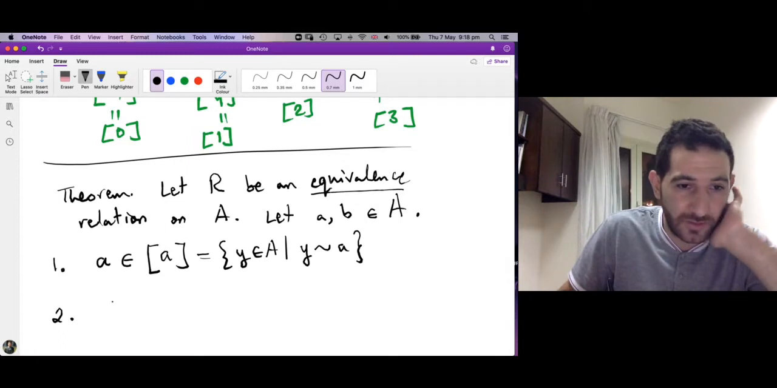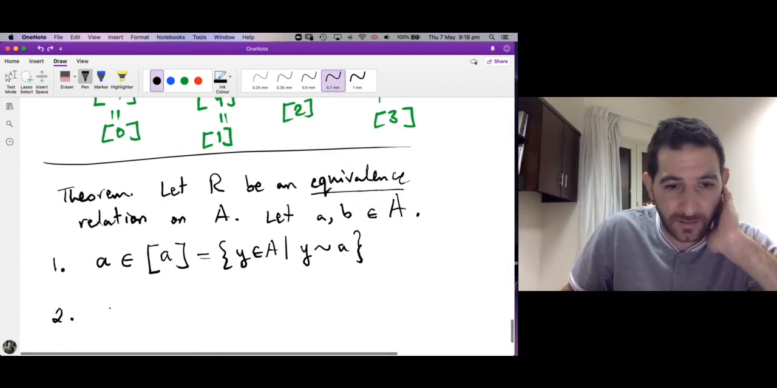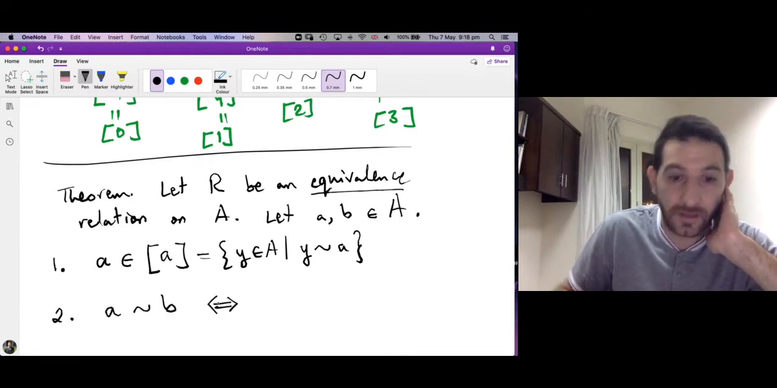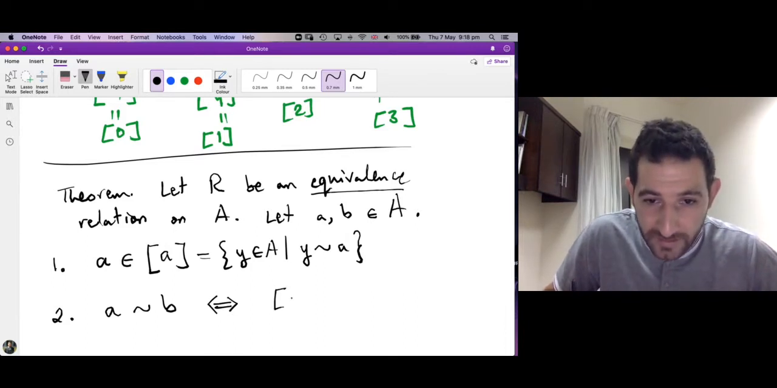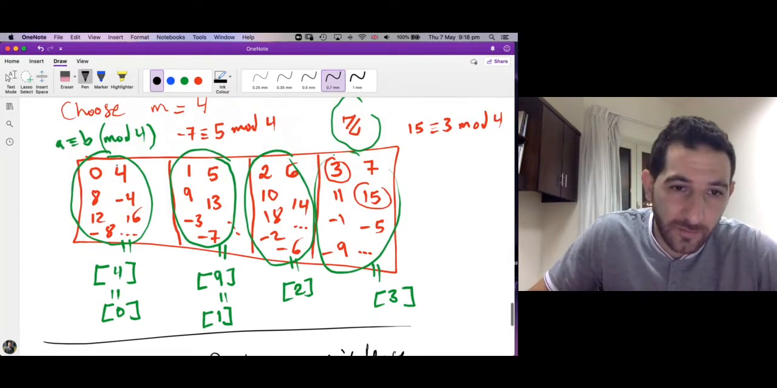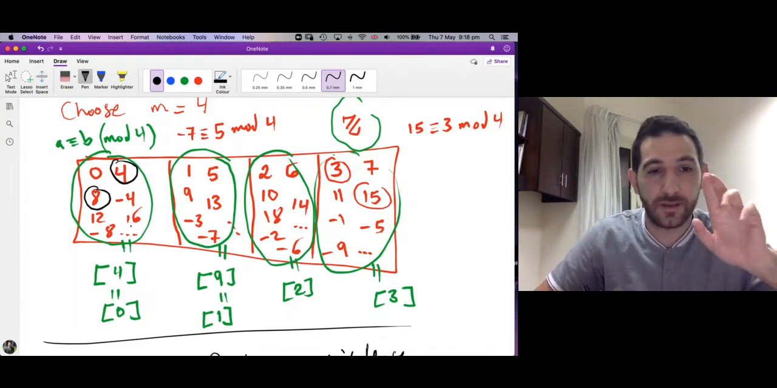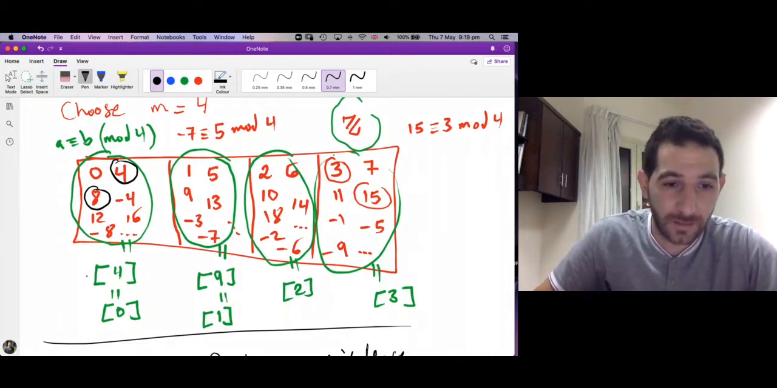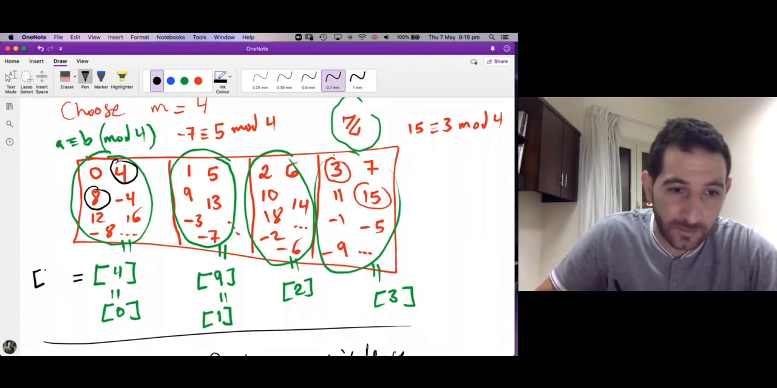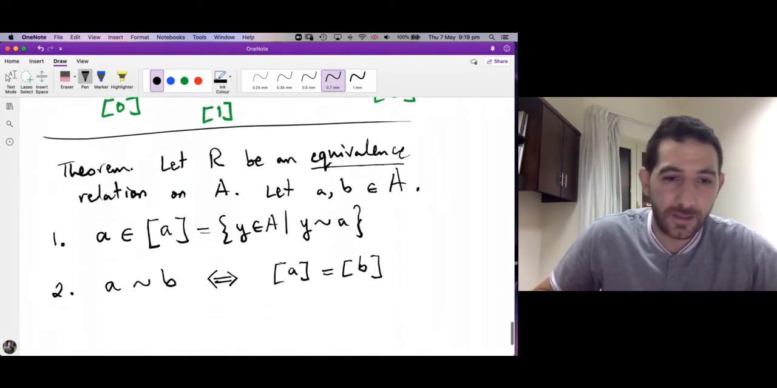Second, you need to see that a is equivalent to b if and only if the equivalence class of a is equal to the equivalence class of b. So here I'm saying that 4 and 8 are related because they are congruent modulo 4, and you can check that the equivalence class of 4 is equal to the equivalence class of 8. Okay, and third,